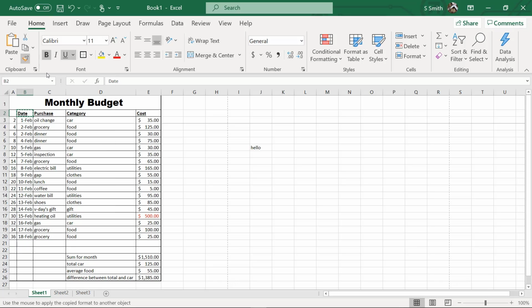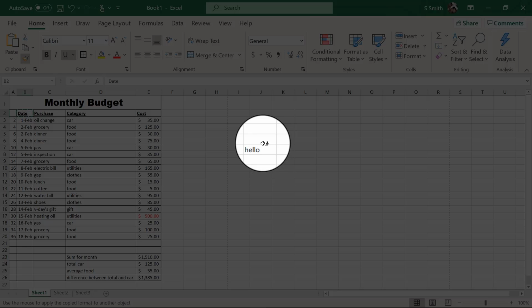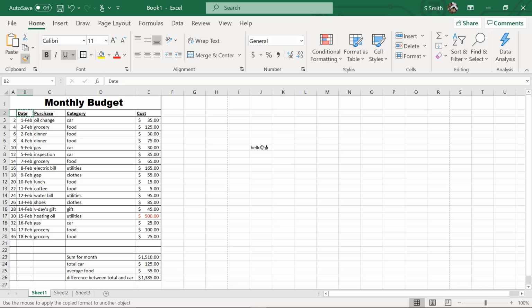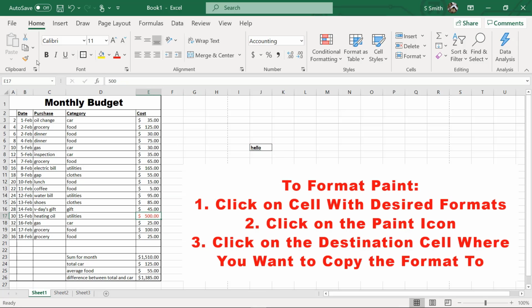If I click on it and then I click on, see my mouse has changed, it's dragging that paintbrush with me. If I click on this cell right here, this cell is going to inherit all the same formatting as the original one before I click the Format Painter. So if I wanted it to be red, like this one, I could click on the 500, then hit the Format Painter, and then hit the cell where I want to change the format.